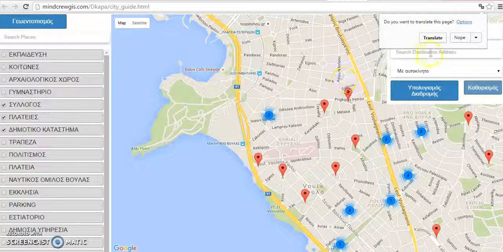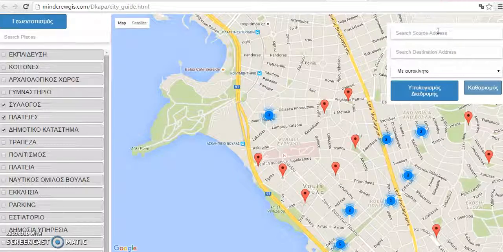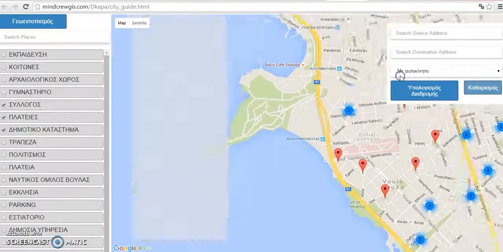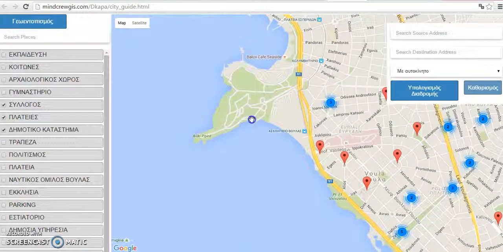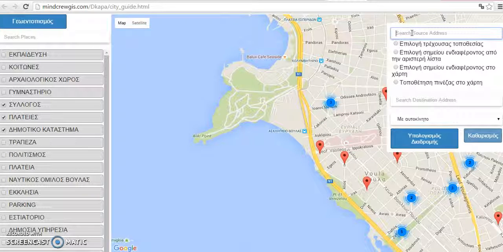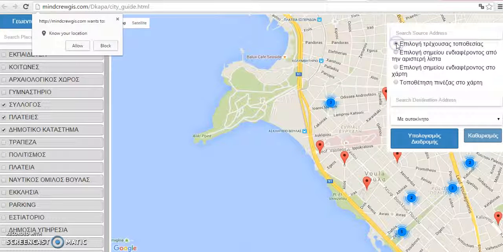Okay, one of the functionalities here is routing. If you want to get a route from one point to another, you can select a source point and a destination point from here. For the source point, you have multiple options. You can choose your own location like this, or you can type any address.